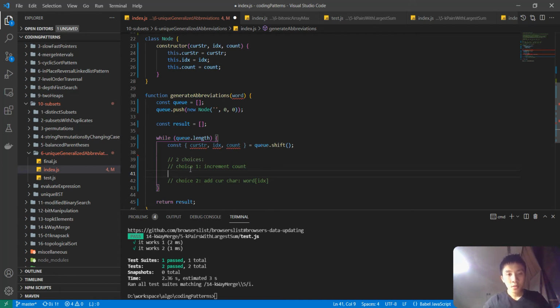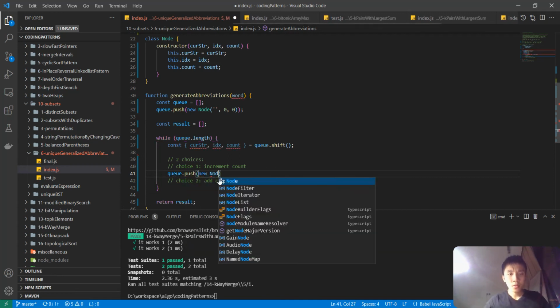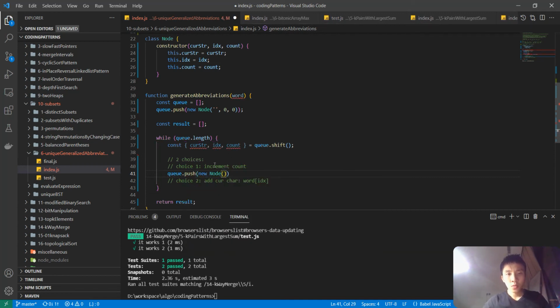The first new node, queue push new node, will be a node with count calculated by this count plus 1. Constraint stays the same